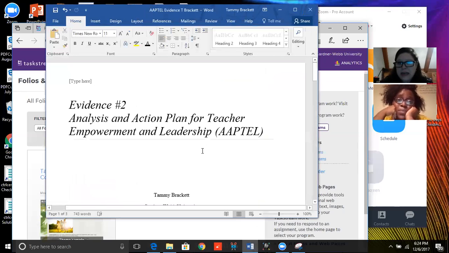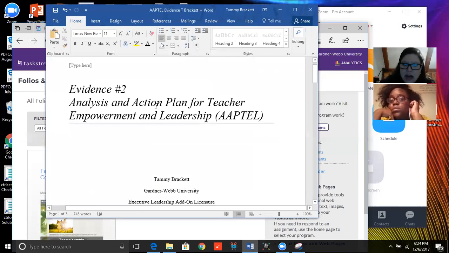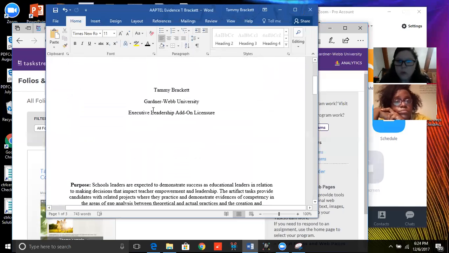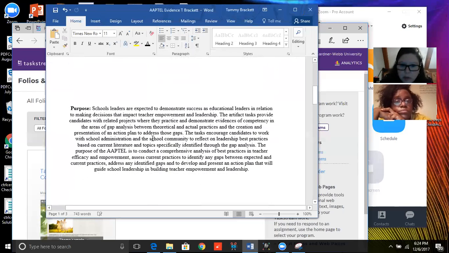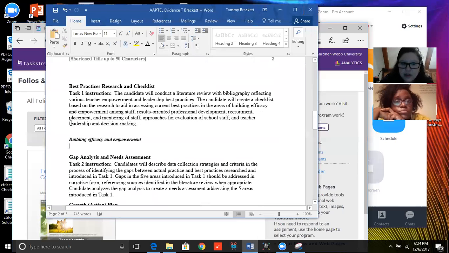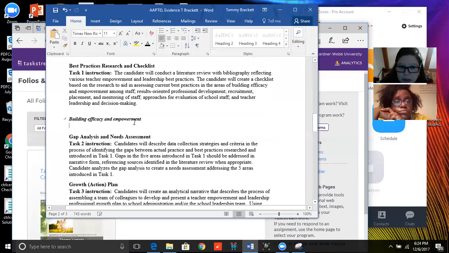Right. See, now I did. Can you see my screen? Yeah. Am I still sharing? Okay. See, I tried to mimic what the first one was, and I just went through and put the purpose and the headings, and that's as far as I got putting my stuff in. I just got one little subheading there where I started typing in my research for best practices.